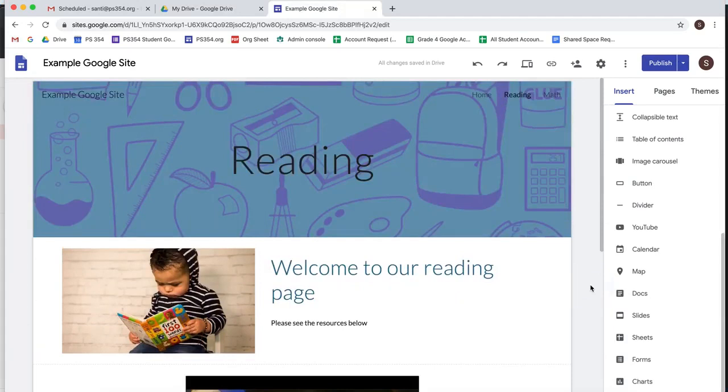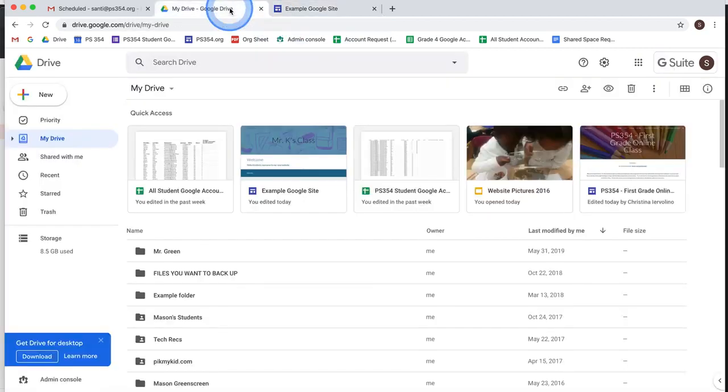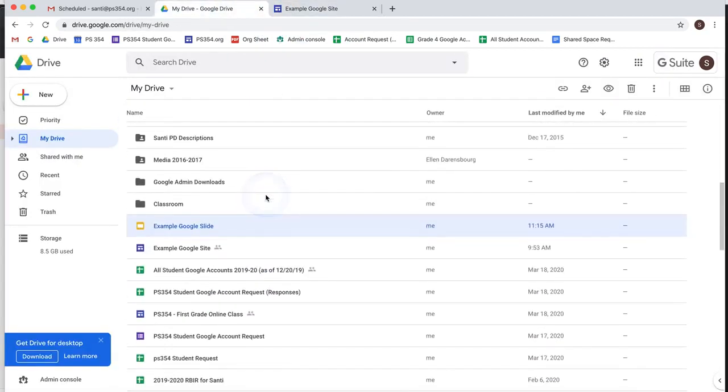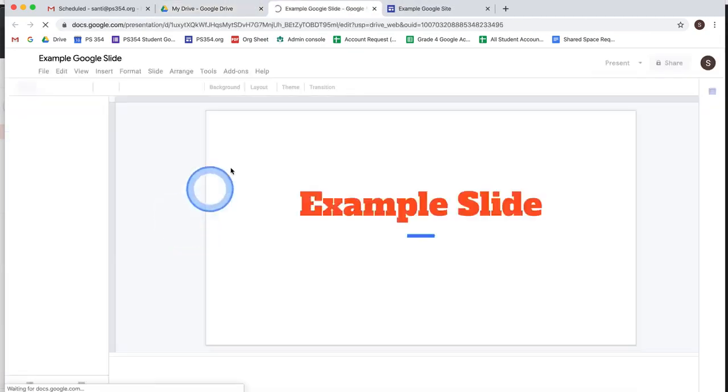So how do you make sure that your files are accessible to the public, such as parents and other people who don't have a Google address from your school? You have to go to your Google Drive and look for that file. By default, all files are private. So if we open up this file,